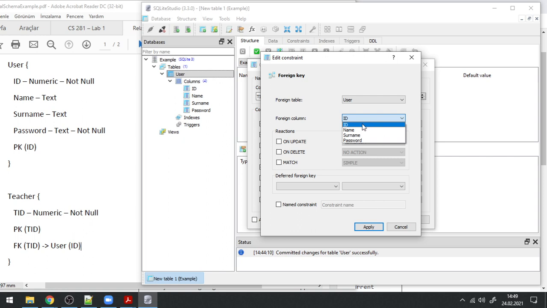Since most of the time we put the primary key as the first attribute, it's here already. It's selected by default because it was the first attribute here, but I need to choose the one that's the primary key. And there are these reactions for on update and on delete options. If we would like to keep the integrity of the database, we are going to choose the cascade option